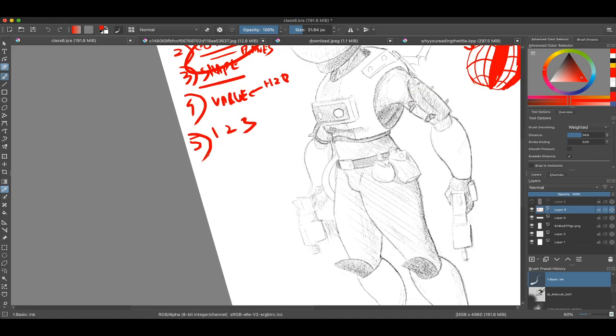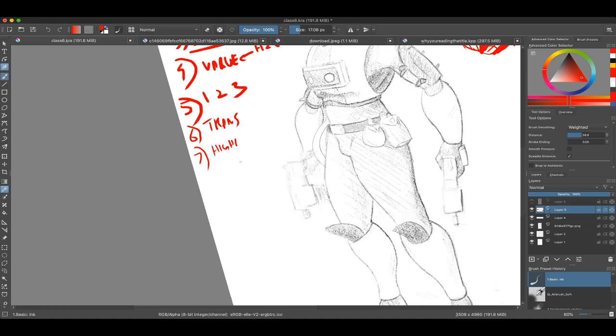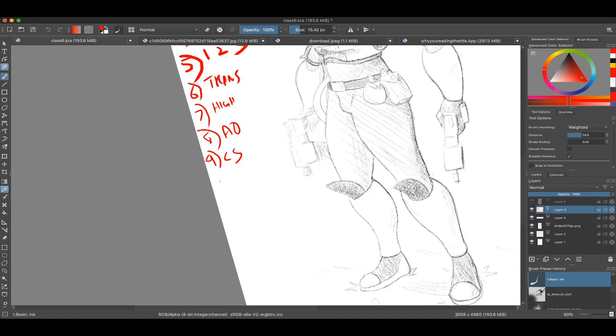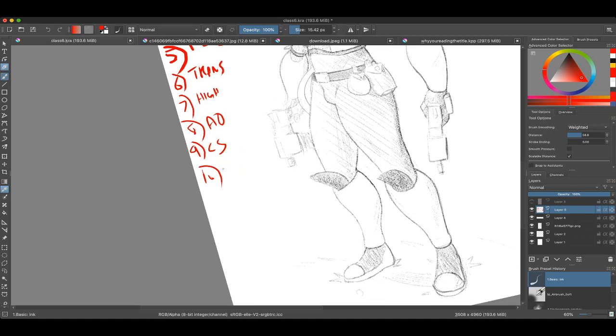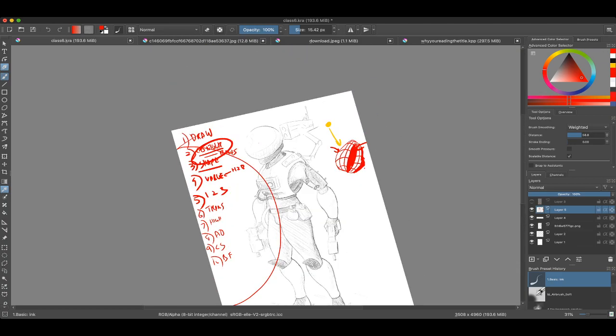Okay, so again, 1, 2, 3, like I talked about, transition, like I talked about before, look at those specular highlights to add those beautiful little juicy details, juicy highlights. Then we have the ambient occlusion, then we have the cast shadow, and then we have the background, the floor. So many things that we've talked about in the process of the last 5 weeks, but